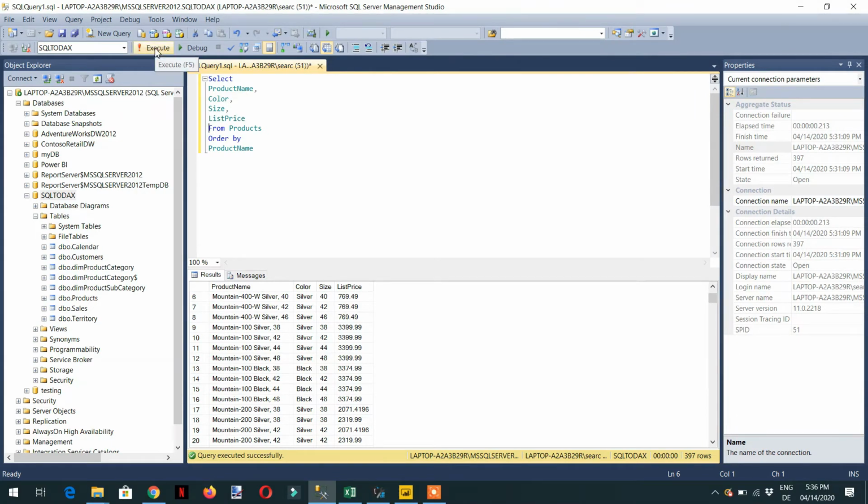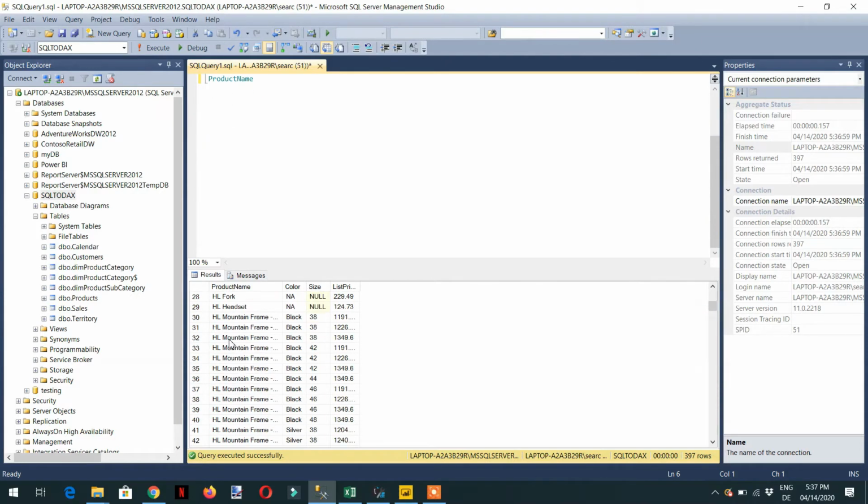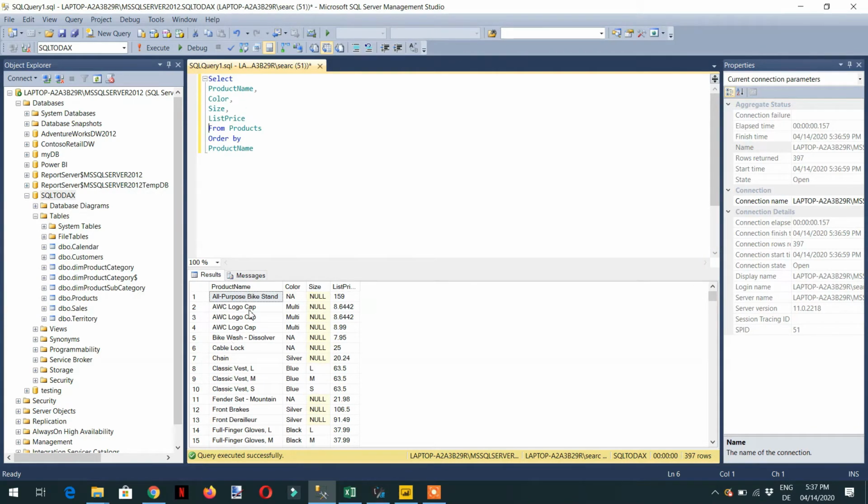We just need to execute, and here you can see all products are sorted alphabetically. So we need to achieve the same.